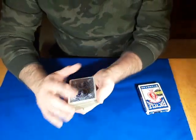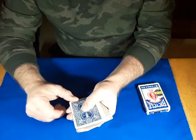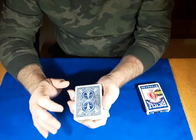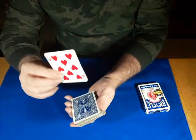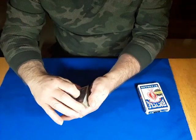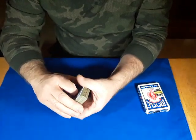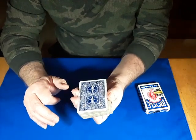That's how I do it. If you do it some other way, that's fine. If you use some other totally different technique to get the card to the top, that's okay too. Do whatever you're comfortable with, as long as the card ends up where it needs to be. So, having done that, you now go directly into a riffle shuffle, a controlled riffle shuffle,